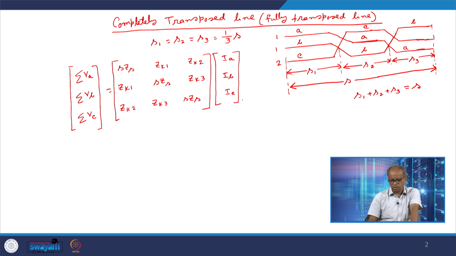ZS is essentially the impedance of the line per unit length, S is the total length as we have already indicated, and